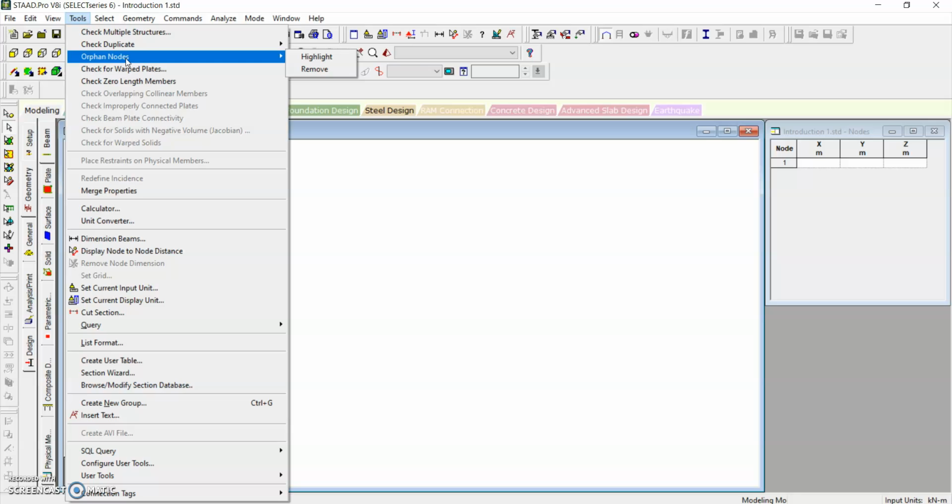Orphan nodes are nothing but nodes that are not connected to any of the members. It will be just created in between. This will not happen every time, but sometimes yes. When you create nodes, these orphan nodes will be created by mistake. Like that. So once you complete the model, we will check for multiple structures, check for duplicate nodes or members, and check for orphan nodes. So that will give you the complete exact final model to go for analysis. So similarly, we have different